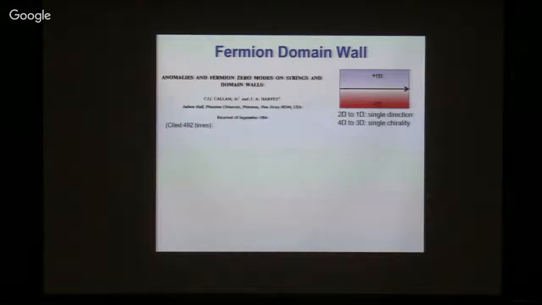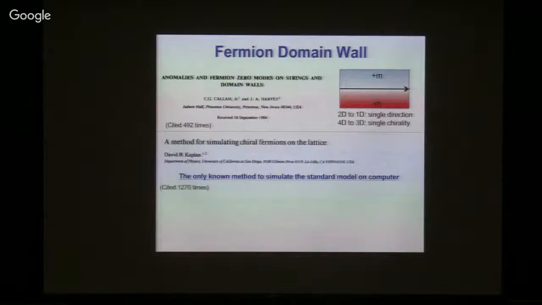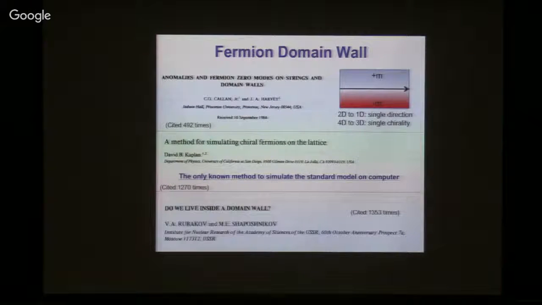So it was later found out that if we want to simulate the standard model on our computer, the only way to do this lattice QCD and simulate things like neutrinos is to embed our world inside of a 4-dimensional kind of domain with opposite mass. And there are even theoretical speculations that we